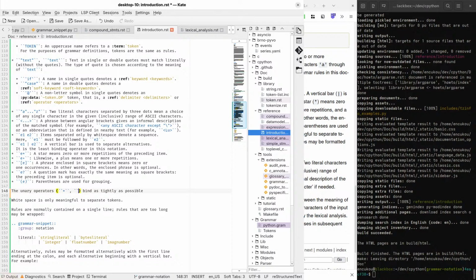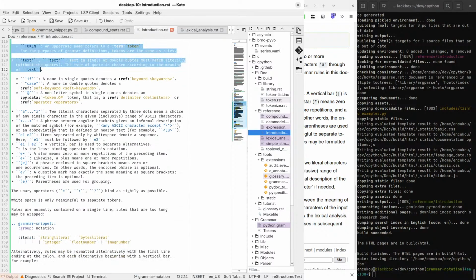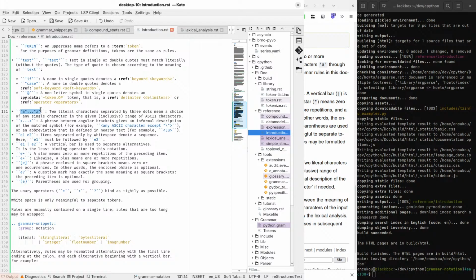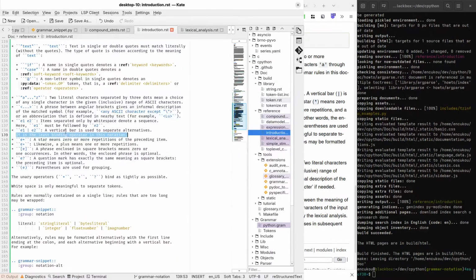Star, plus, and I guess that's everything we need. These don't bind anything. This is kind of special. This is the least binding operator.